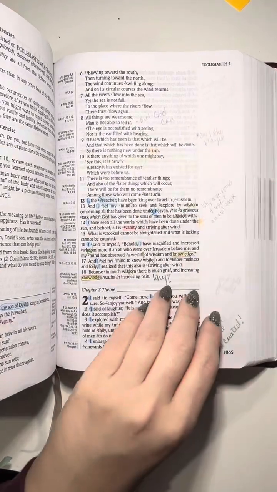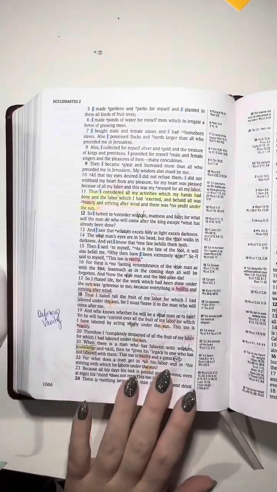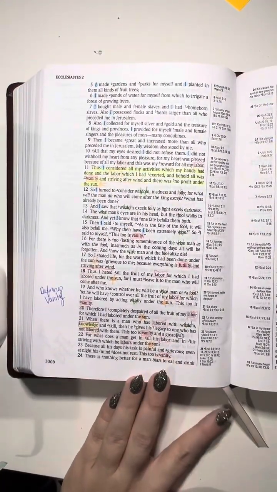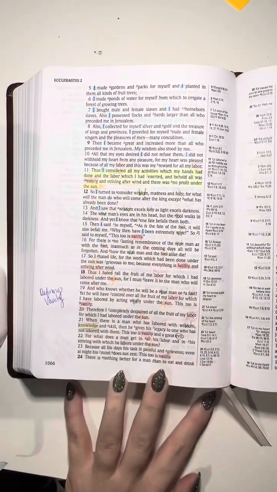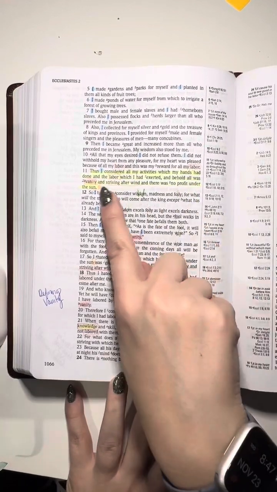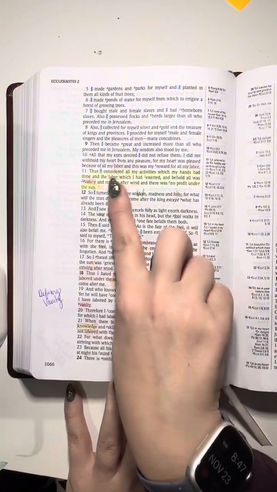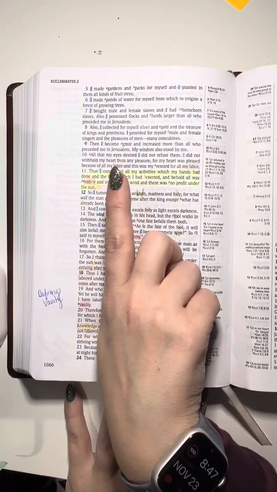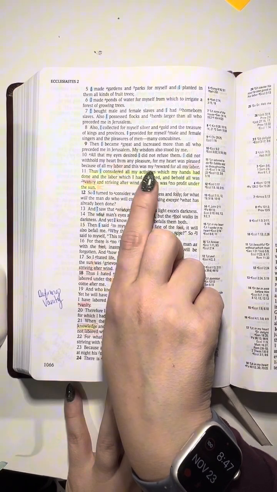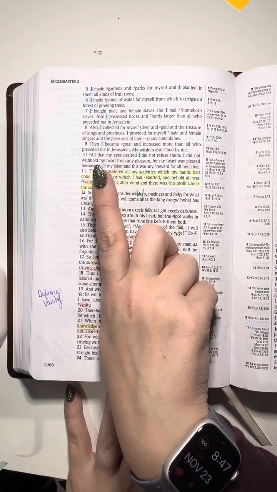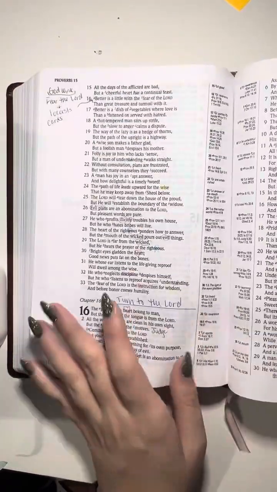And so as we go through, you'll see some of my markings. Now I'm going to tell you, this isn't perfect, and I probably missed some things, and that's okay. Anything highlighted is something that really stood out to me, and at the end of the study, I will take all of these highlighted words and add them to my prayer notebook that I have, okay? And I did that in Proverbs. So anything that was highlighted,